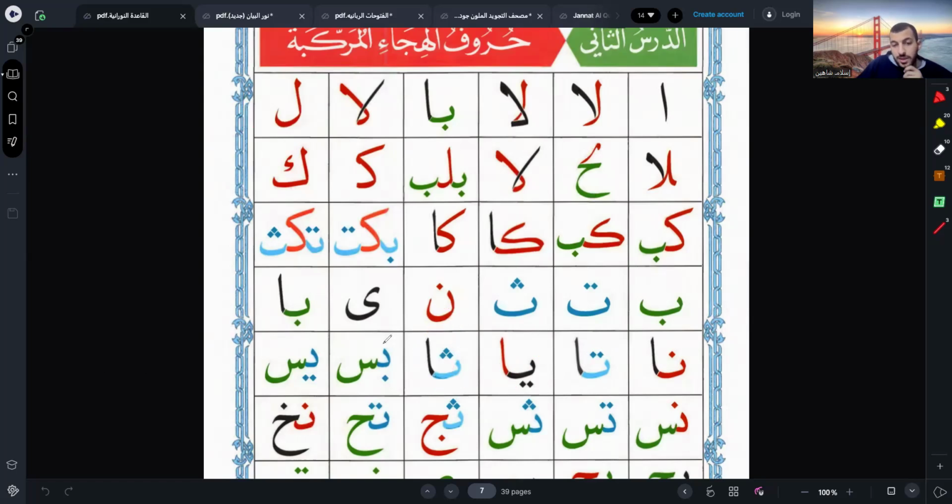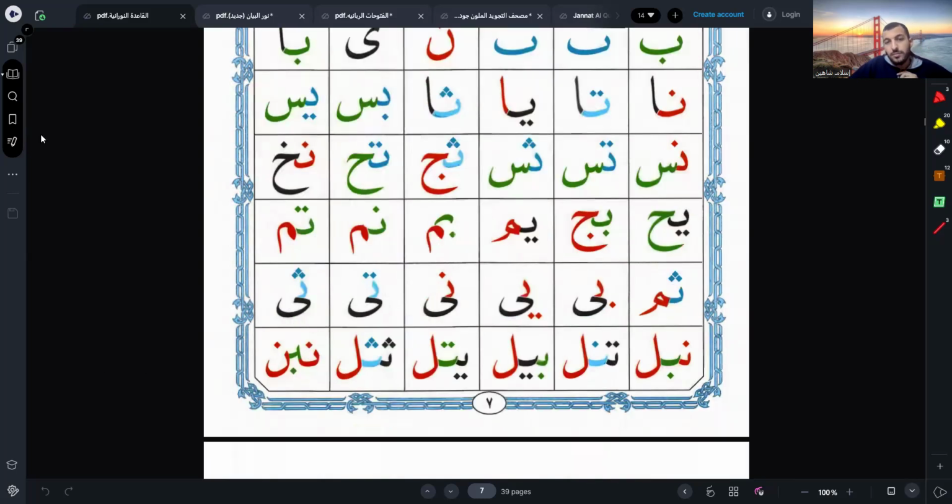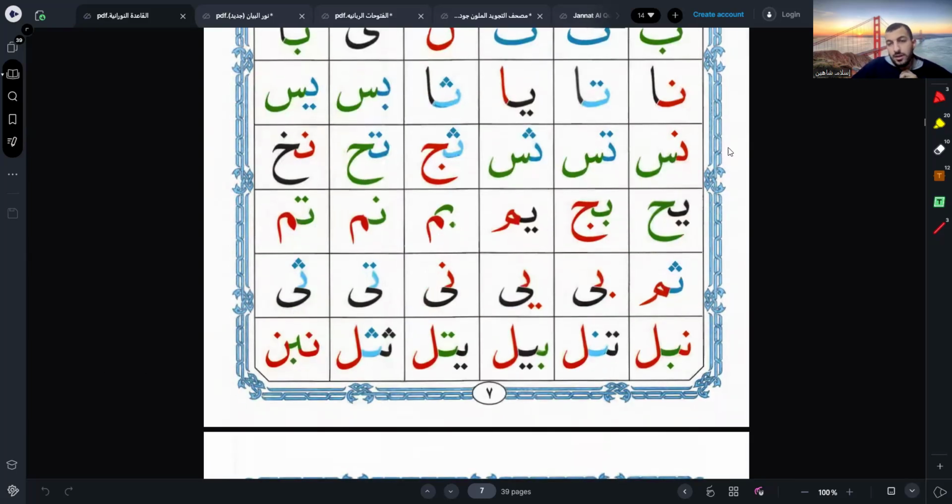So here, next one, ba sin, ya sin. Next, the same, noon sin, da sin. So if you would focus, this is the shape of the noon, da, da at the beginning, the ya at the beginning, and so on. And also, this is the shape of the sin at the end. So realize that the sin is the last letter here and connected to the letter before, and it takes the